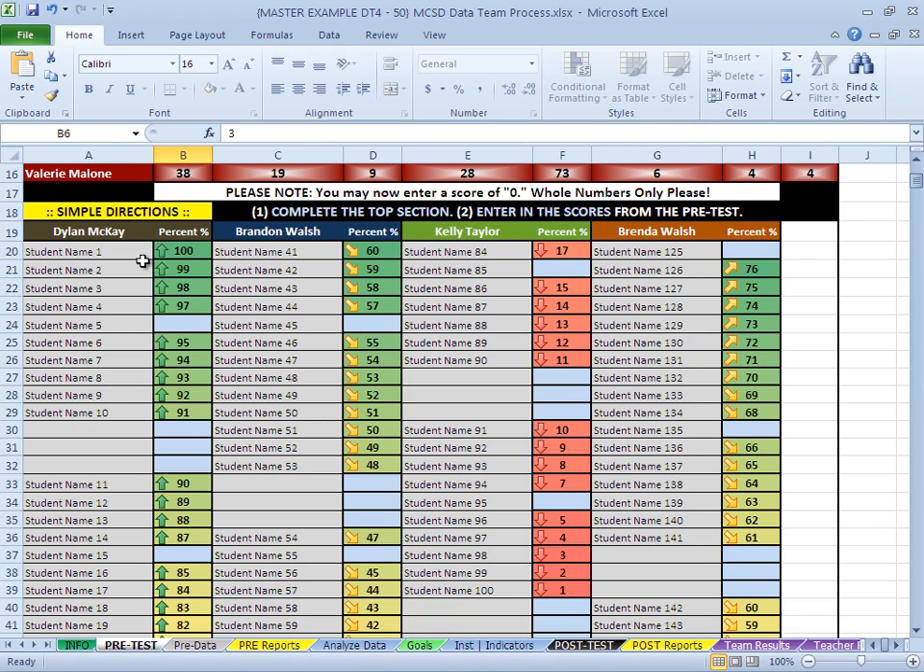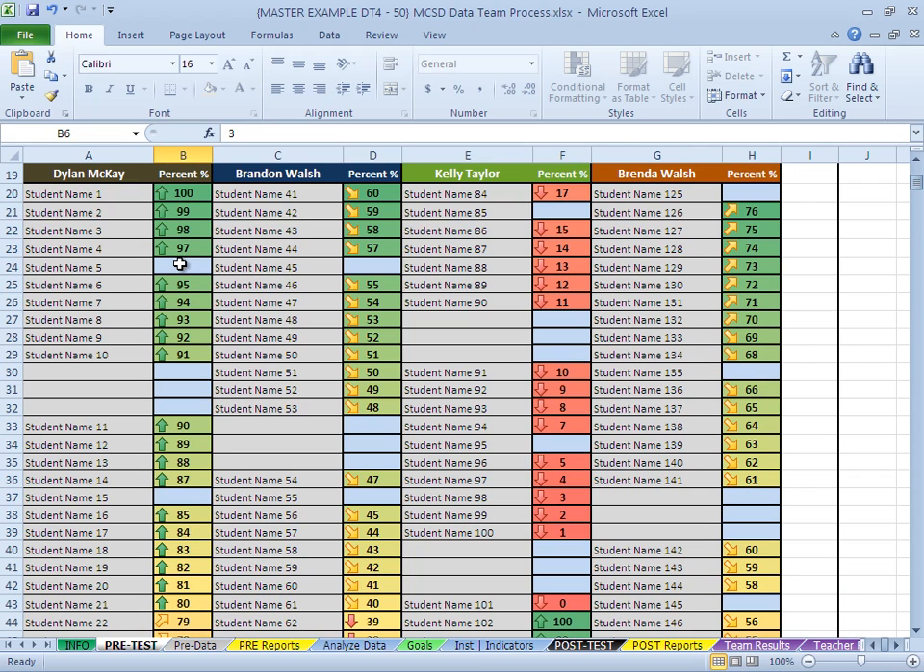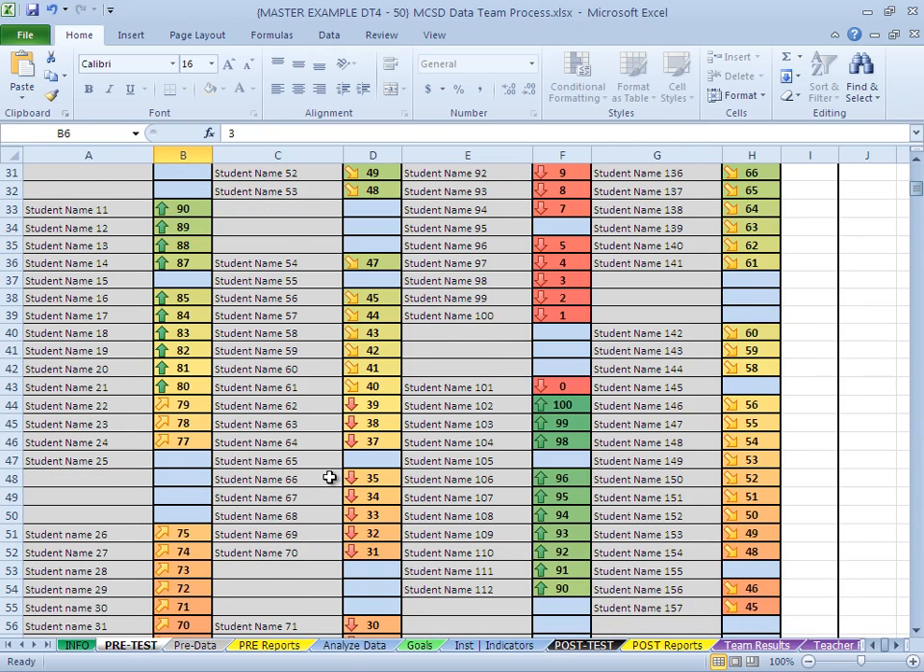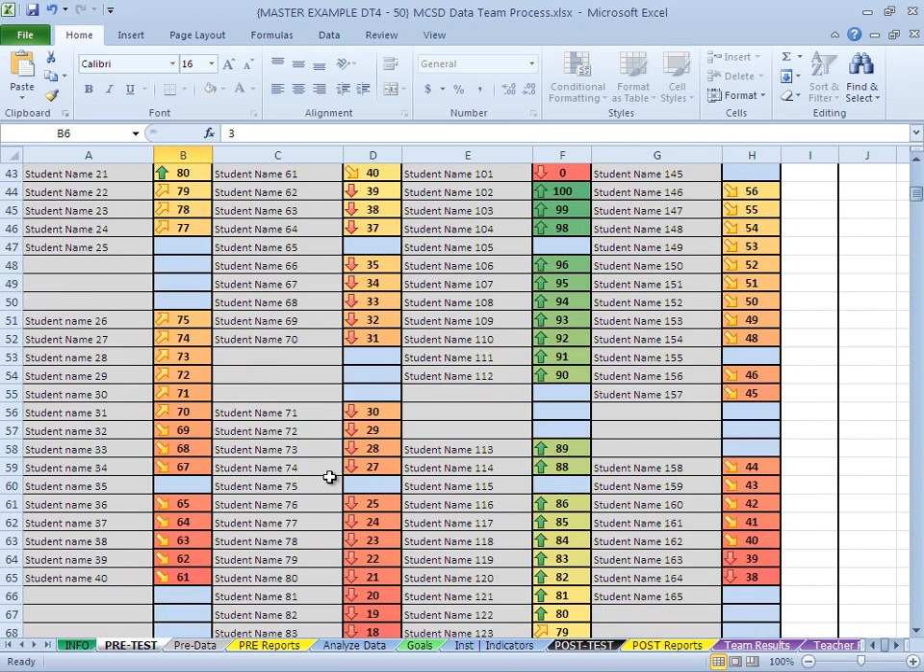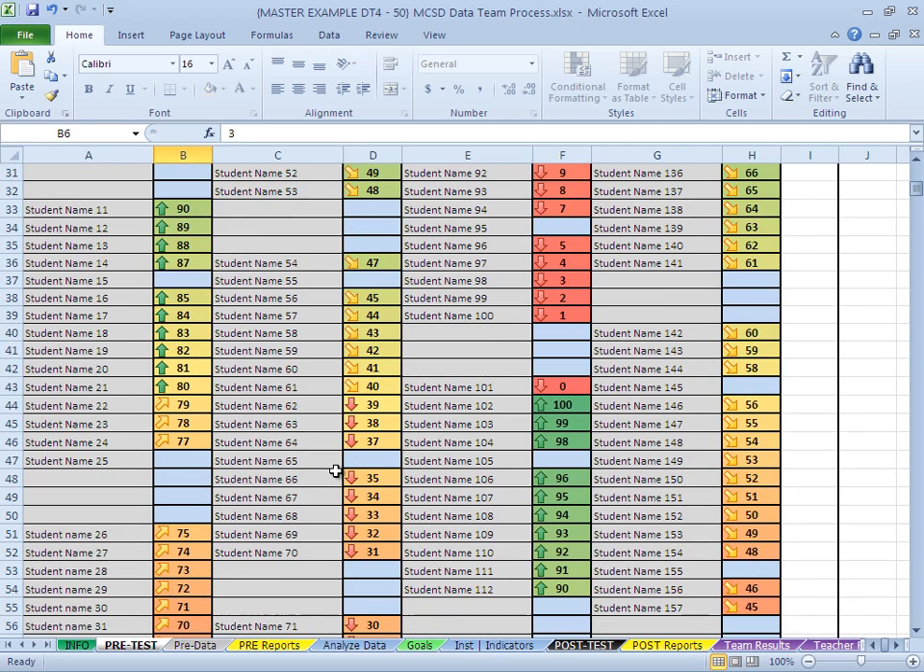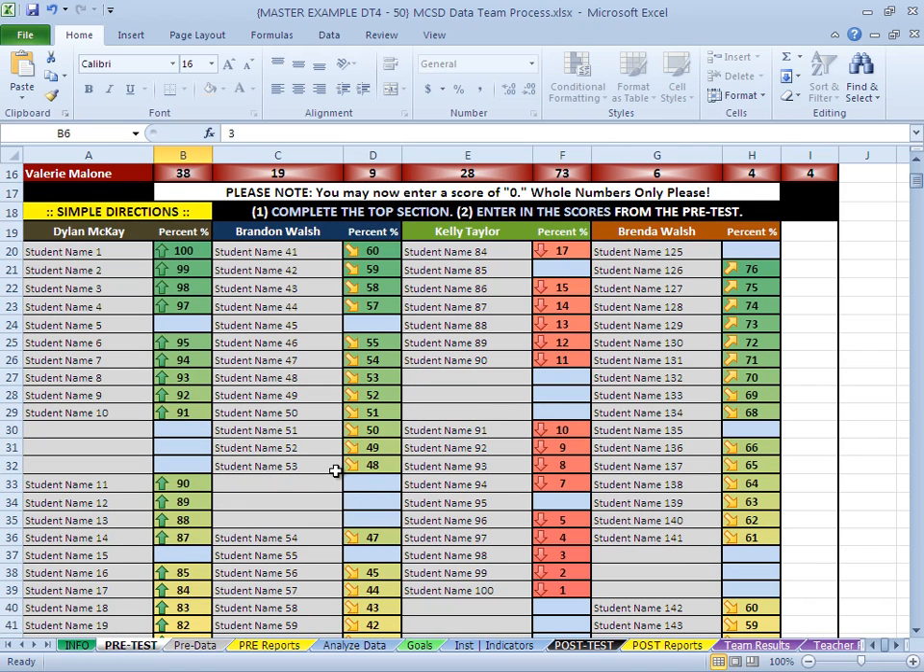If we look at Teacher 1, Dylan McKay, you can see that the highest score is going to be your darkest green. And over here for Kelly Taylor, the lowest score is going to be your darkest red. So it's a gradient fill from green to red for all of the scores entered for the pretest, which might help you see, just by looking at colors, not even scores,